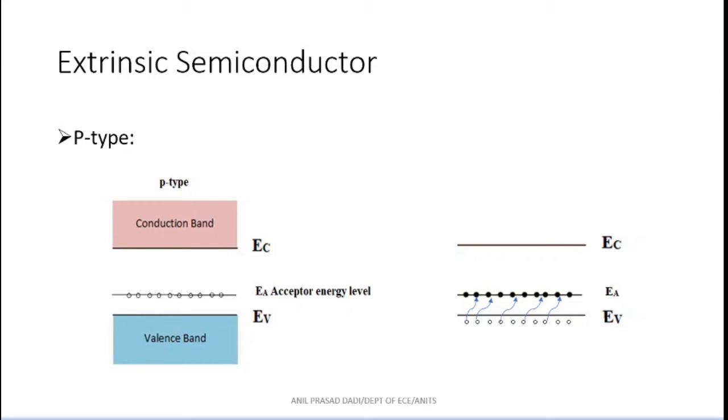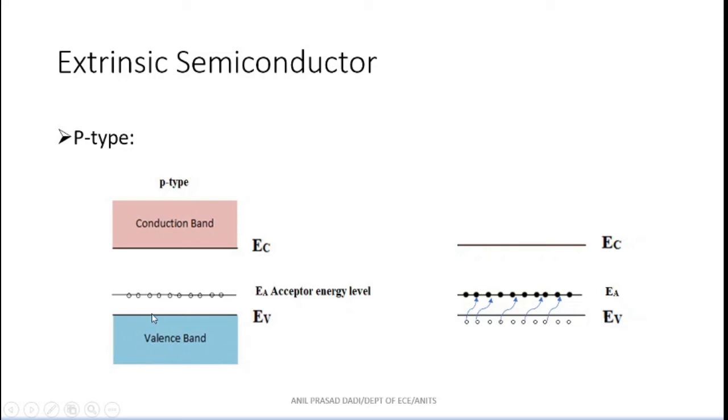So if only one boron atom is added, when one of the valence electrons in the valence band has occupied that particular hole, then one hole is created in the valence band. Suppose I consider T equal to 0 degrees Kelvin: is your p-type semiconductor going to act as a conductor or an insulator? No, your p-type semiconductor also acts as an insulator. Very important. At T equal to 0 degrees Kelvin, p-type also acts as an insulator. The reason is, at T equal to 0 degrees Kelvin, you don't get even a single hole in your valence band. Then no conductivity.